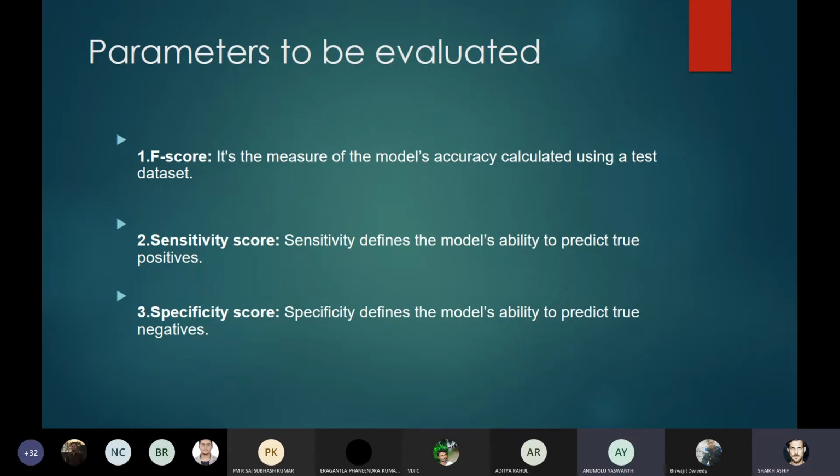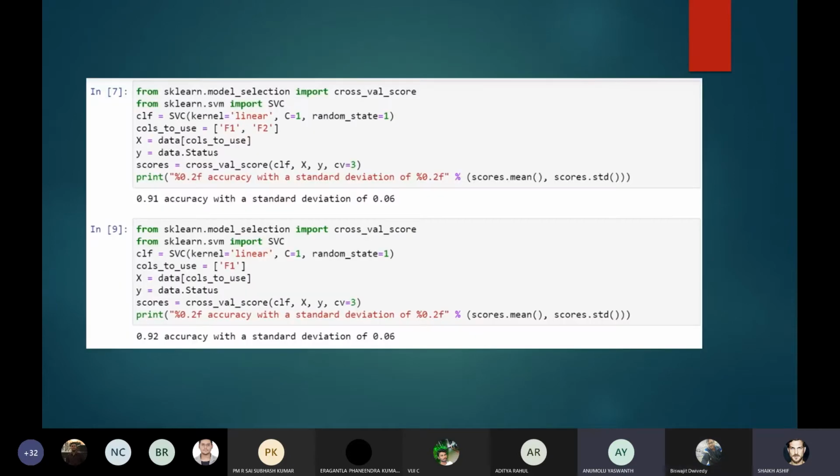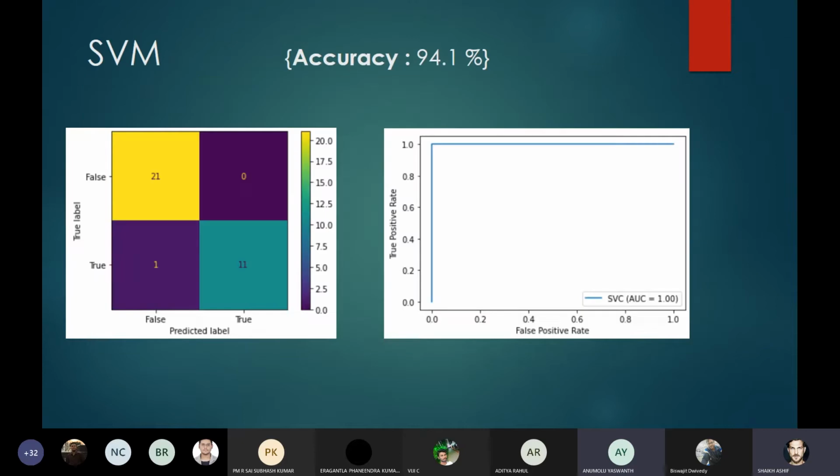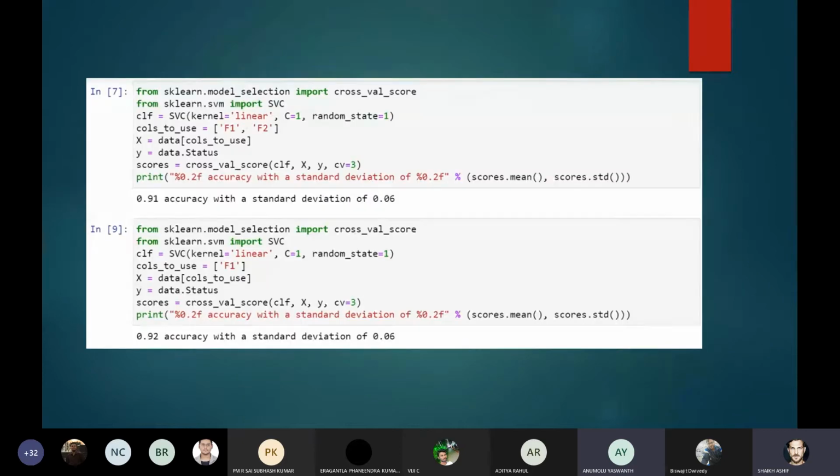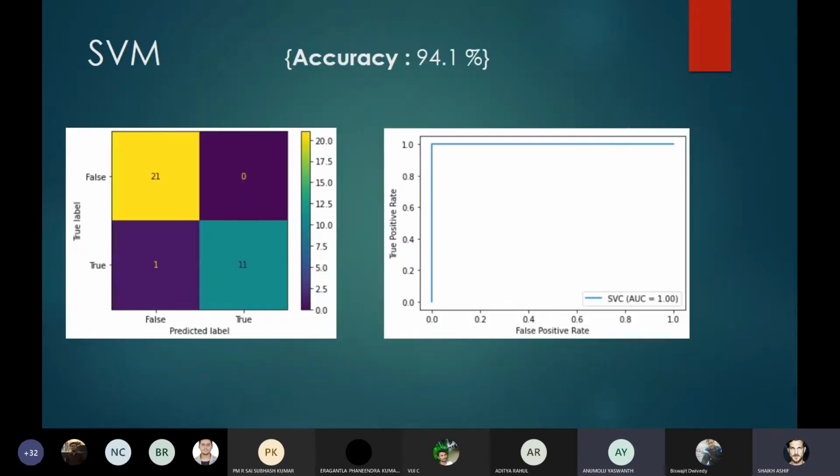These are the parameters we used to evaluate: F score, sensitivity and specificity. First we went with SVM, that is support vector machine, SVC.